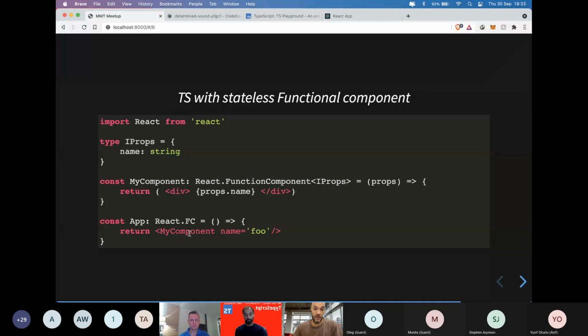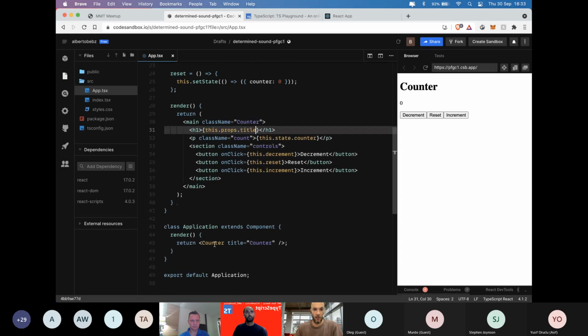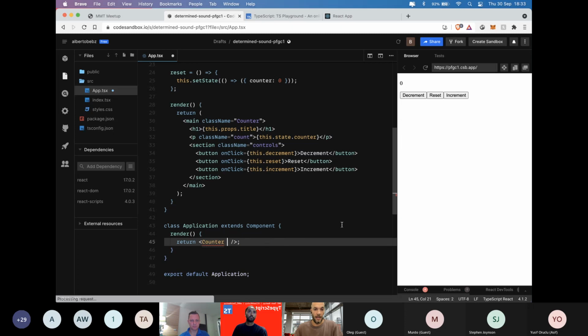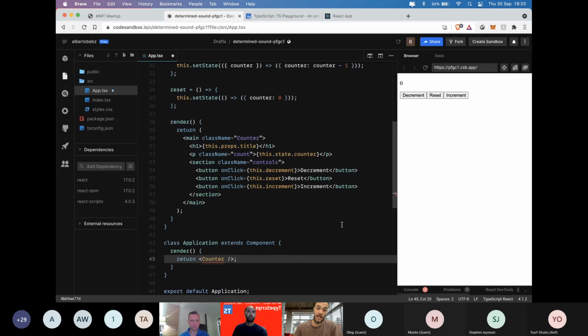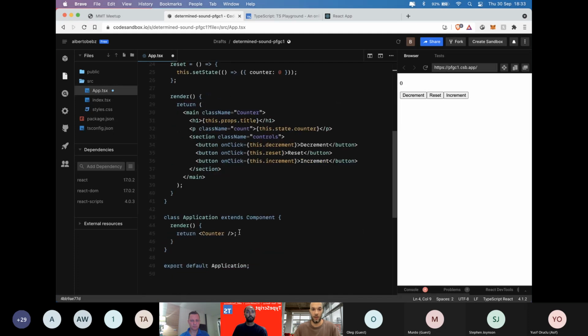When we use the component, we have to specify the props we have defined at the top. Also, just to make clear, when we use this counter component, if we forget to pass the props, TypeScript is going to complain because the prop we have defined here is mandatory, and if we want an optional prop, we just need to add the question mark, and we are good to go.